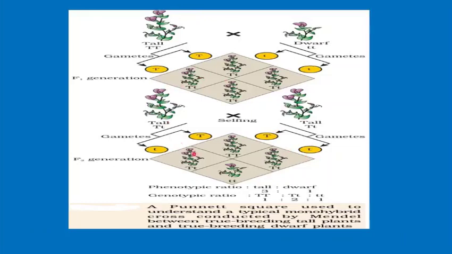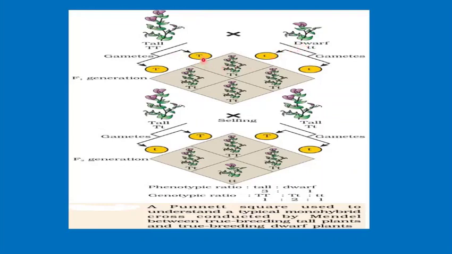Now, this was the one which I told you, the Punnett square. Punnett square is nothing but Reginald G. Punnett. He has developed a technique to find out what is the ratio of genotype and phenotype. So this is the tall plant and this is the dwarf plant. So he had made a square. You can write a square in this way or the regular square. And here these two represent the gametes produced by the tall plant and these two represent the gametes produced by the dwarf plant. It is written on this side. So for the male on one side and the female gametes on the other side.